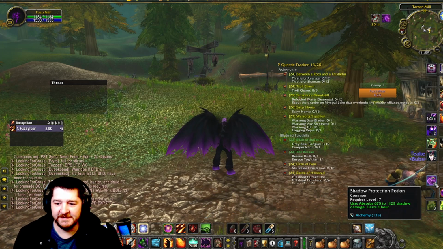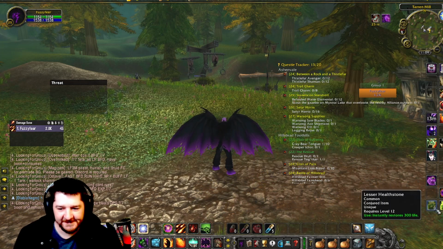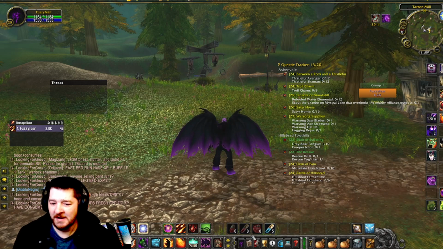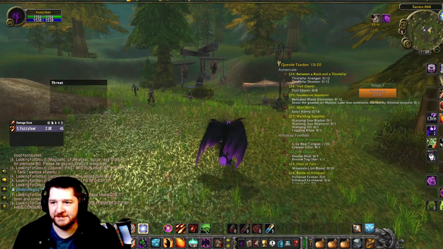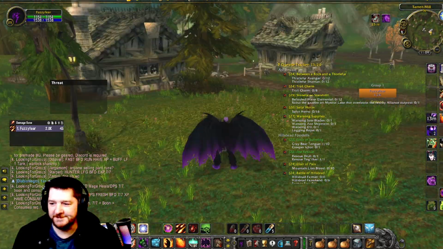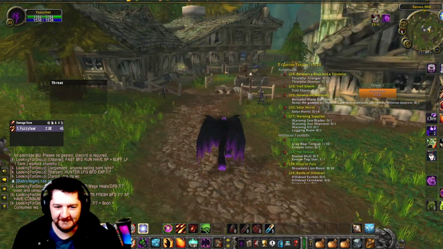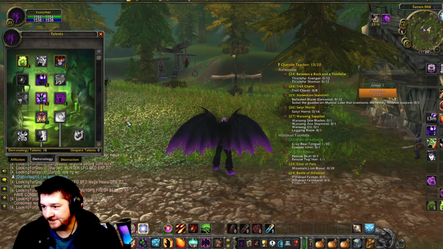That's not even counting the shadow protection potion if you're using it for that fight, and that's not counting your health stone that you can pop during this time. It's not counting a health potion that you can pop during this time. Like, there are a lot of tools that the Warlock has for mitigating damage, but you have to spec into it, you have to get used to it, and you have to know what you're doing with it.